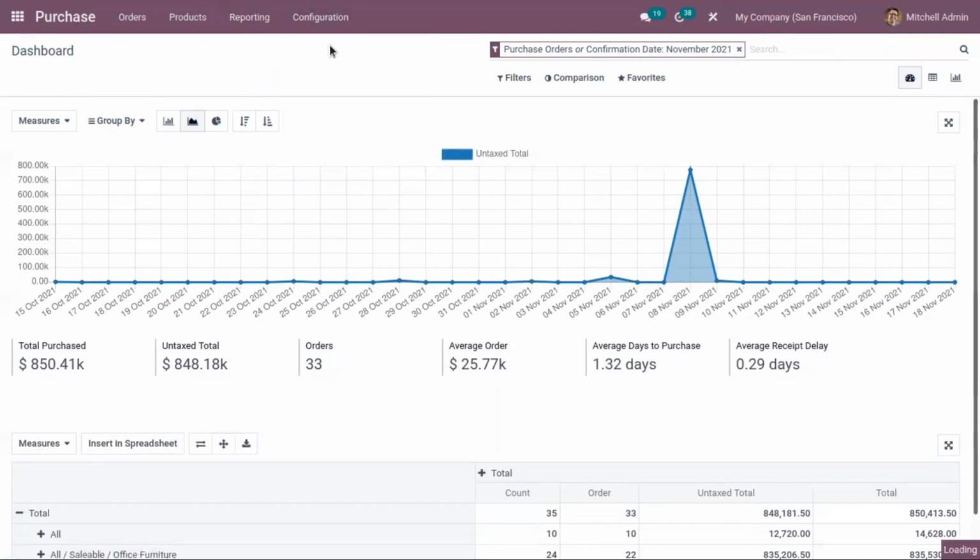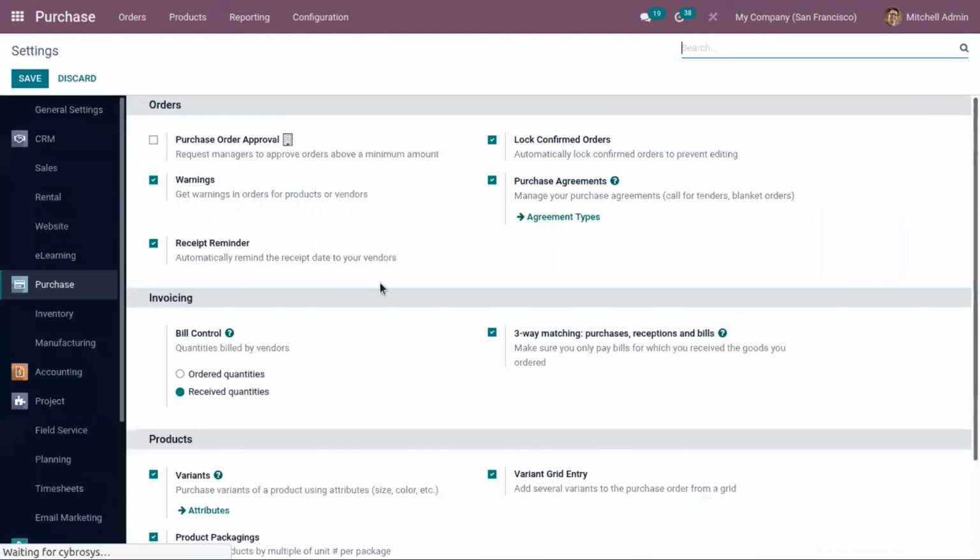And here when you go to configuration settings, you can find a lot of other options inside our purchase, including purchase order approval. This purchase order approval is used to request managers to approve orders above a minimum amount.